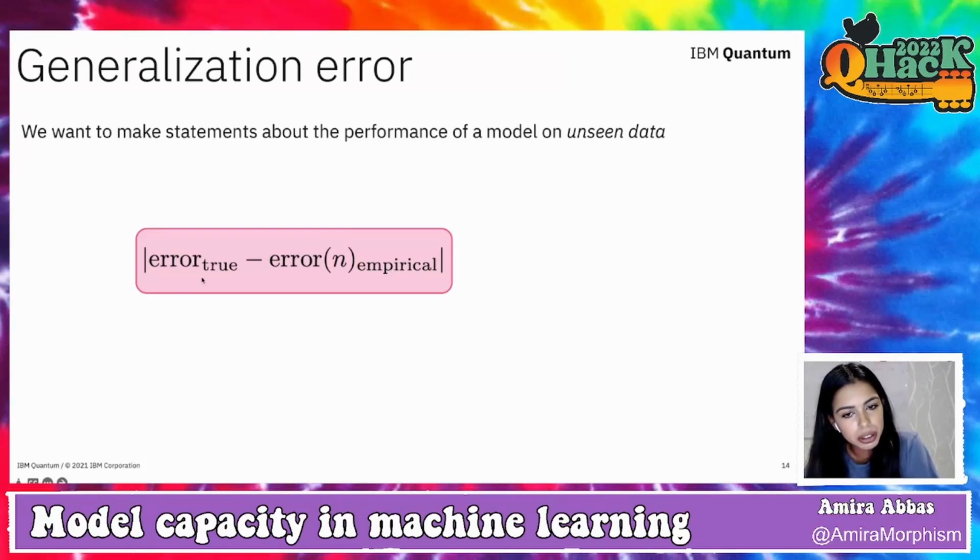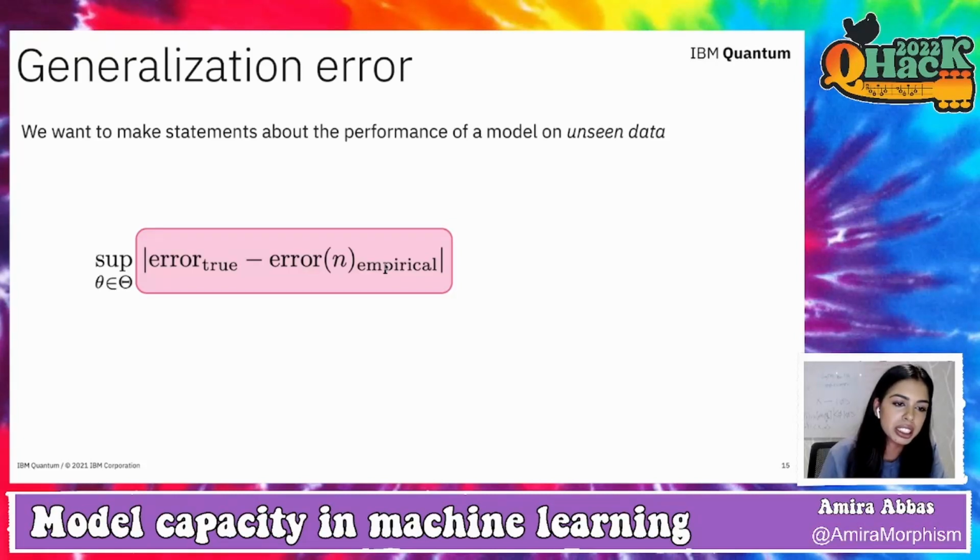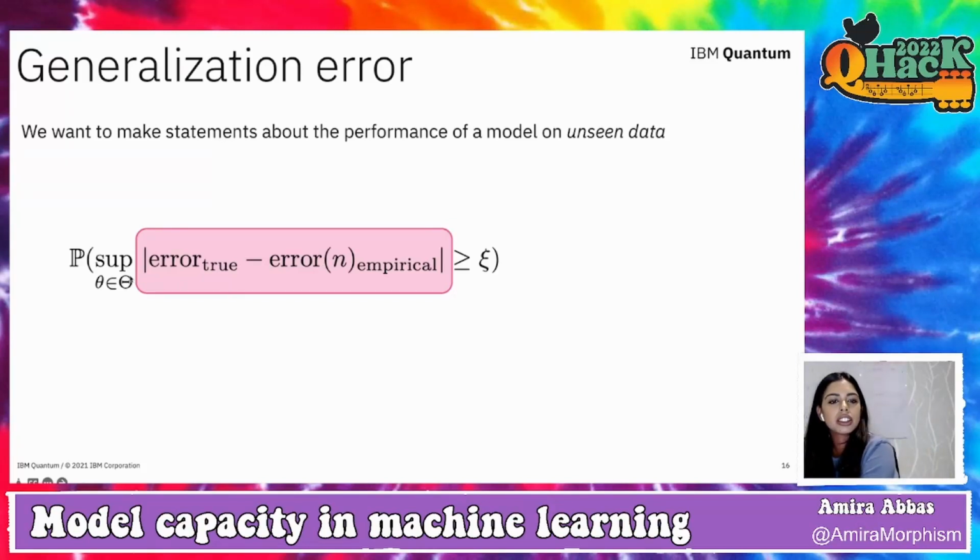Now, the difference between our true error and our empirical, approximated error, is typically called the generalization gap, or some people even refer to it as the generalization error itself. And when we try to bound this, we say, okay, for a particular parameterization, for a particular theta that exists in our parameter space, we take the supremum of this difference, and the probability that this difference is greater than or equal to some value here. We try to understand how we can model this, and how we can in particular bound this quantity so that we can really understand how good our model is and our choice for a machine learning